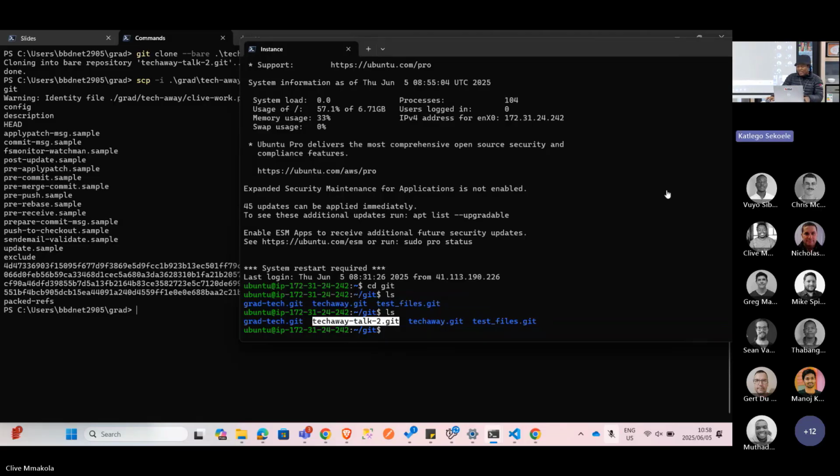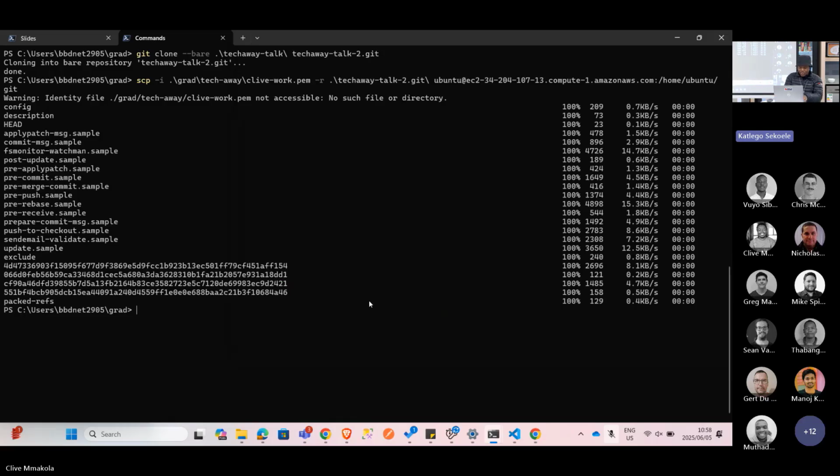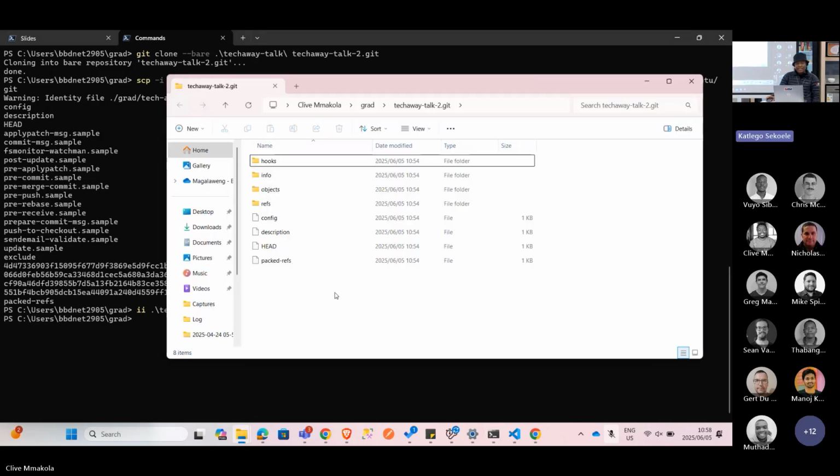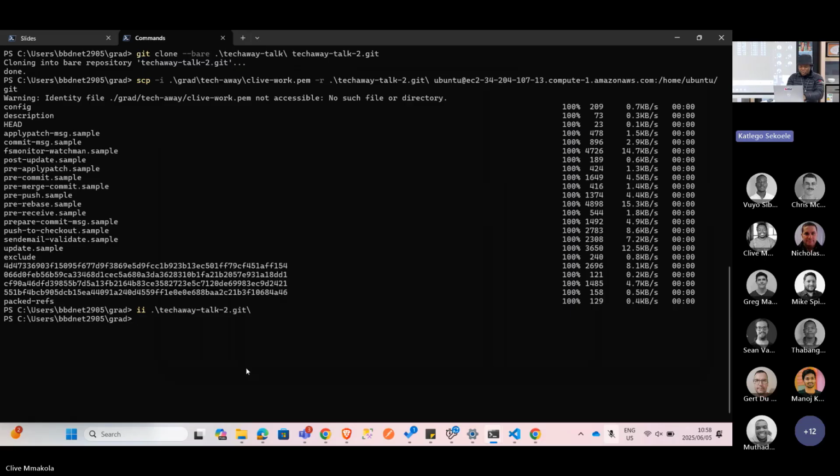So now I can clone this repo, and if you look into this repo, there is nothing other than the directories that Git uses just to track your content. And that's what we moved to the server, right? So now I'm going to clone the very